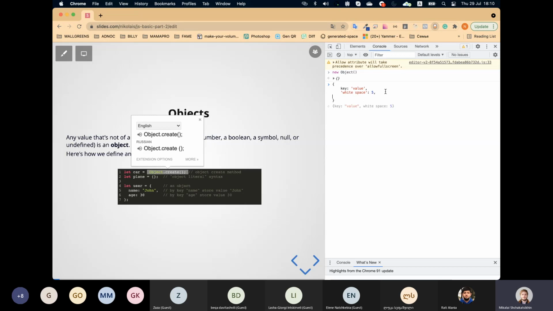Let's continue with the object. As I said, you can use any type of data as a property name. This key is also called a property, and this is the property name, and this is the property value, on the right side of the colon. All key-value pairs are split by commas. It's important. Okay, I can press enter for now, and Chrome DevTools evaluates this script, this little statement of JavaScript, and